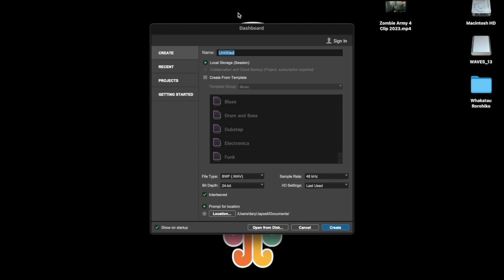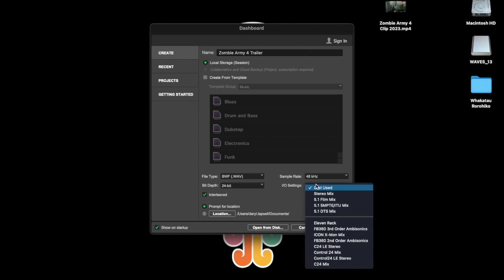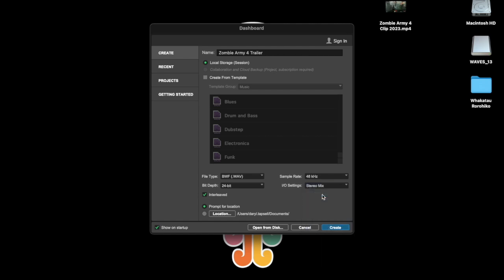This is called the dashboard, as we've talked about in class. So this is where we can name our session. I'm going to call this one Zombie Army 4. I want a WAV file, sample rate 48K, bit depth 24-bit, just like we talked about in class, the digital parameters. For the I/O settings, let's just go with stereo mix unless you've got some custom settings, and tick interleaved